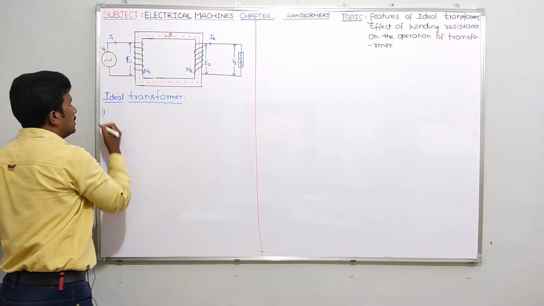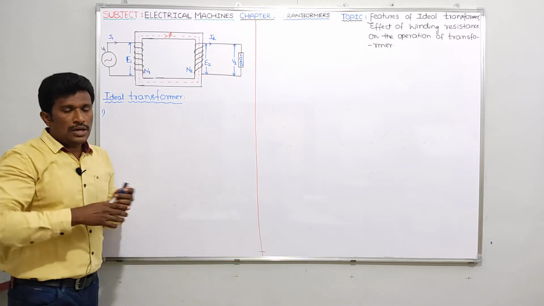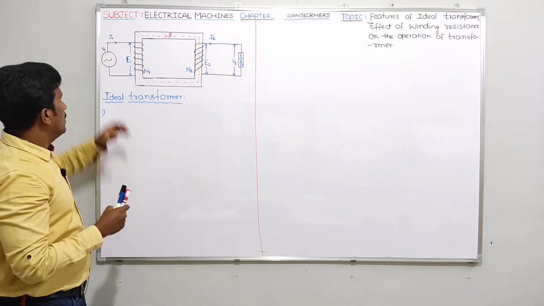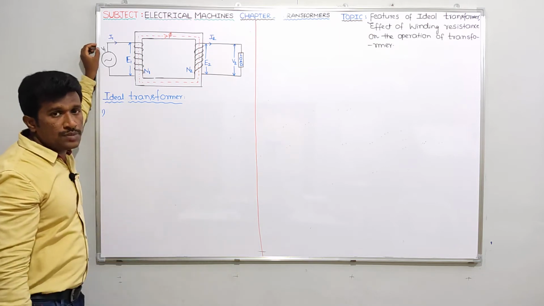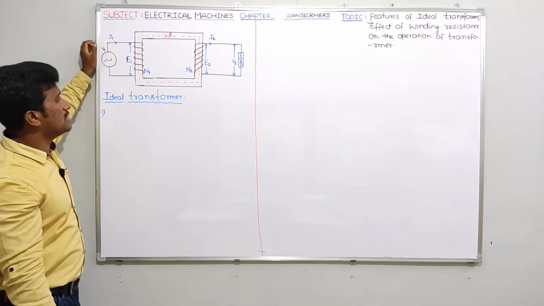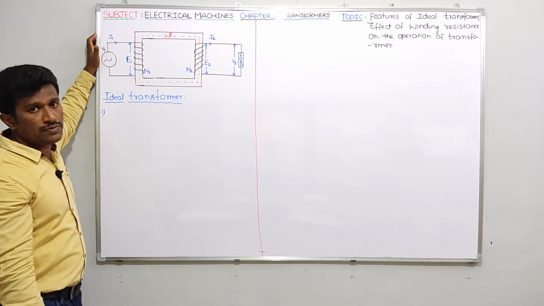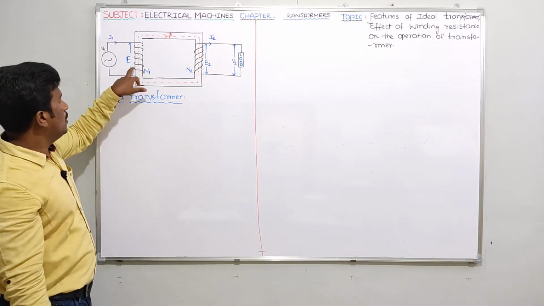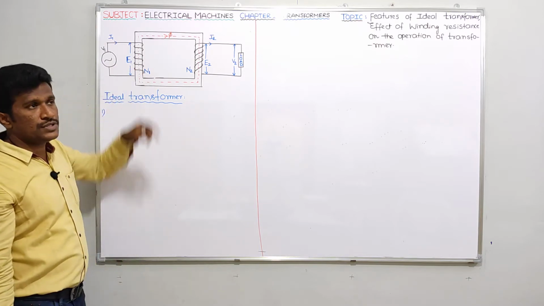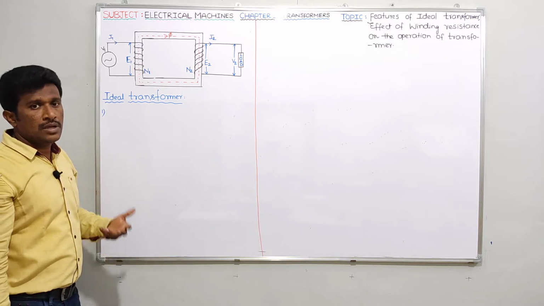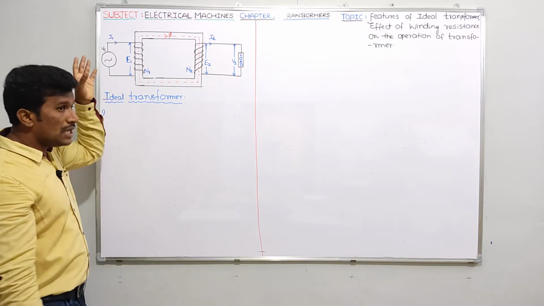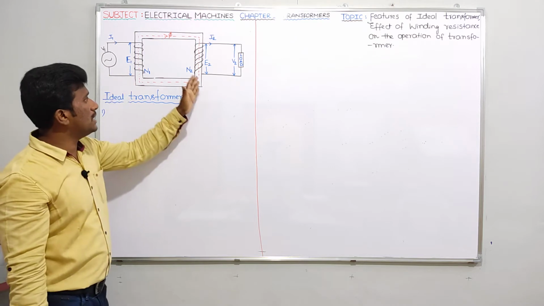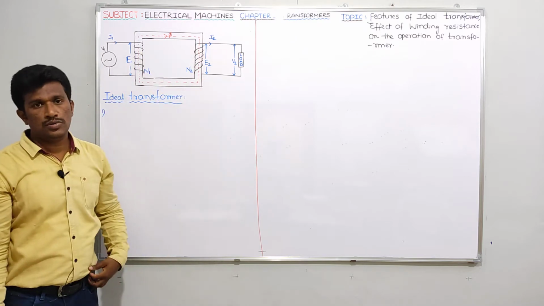First point I am saying. See guys, first of all, we know the working principle of transformer. After connecting voltage source to the primary winding of the transformer, it will take some current. Because of that current, flux will be produced in the transformer core. That flux links with primary winding. So rate of change of flux linkage will come, EMF will be induced. Then same flux will go from primary to secondary side through transformer core.